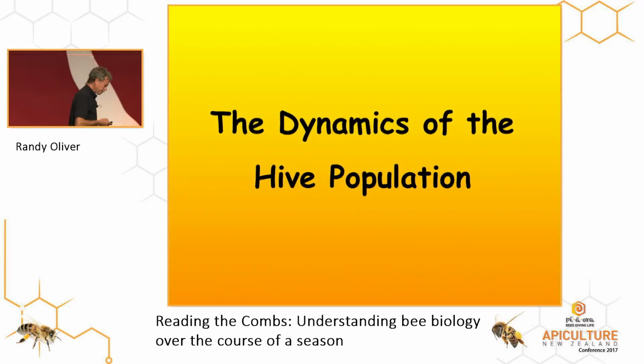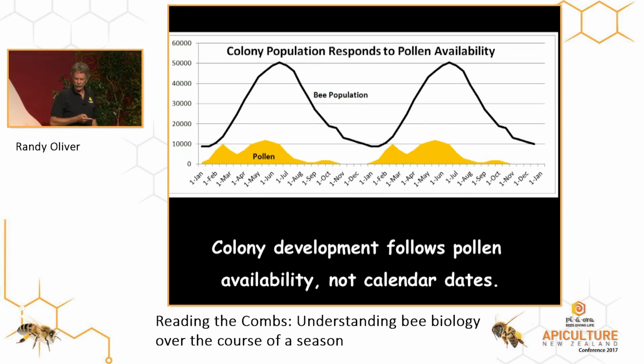So let's look at the population dynamics. So this is, by the way, let me apologize here. Sal, I didn't want to change all the dates, so ignore all the dates. All my graphs will start on the winter solstice on the left, summer solstice in the middle, and winter solstice on the right. So just ignore all the dates. I thought about changing them all, and I thought, oh God, that's just too much work. Okay, I did for my Varroa graphs for tomorrow, the next day, whenever I do that. I did change the dates so you guys can actually figure your treatments. So I did this one for over two years.